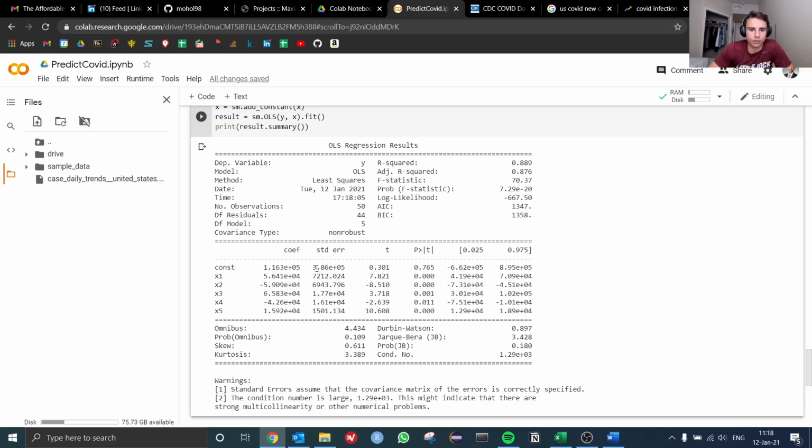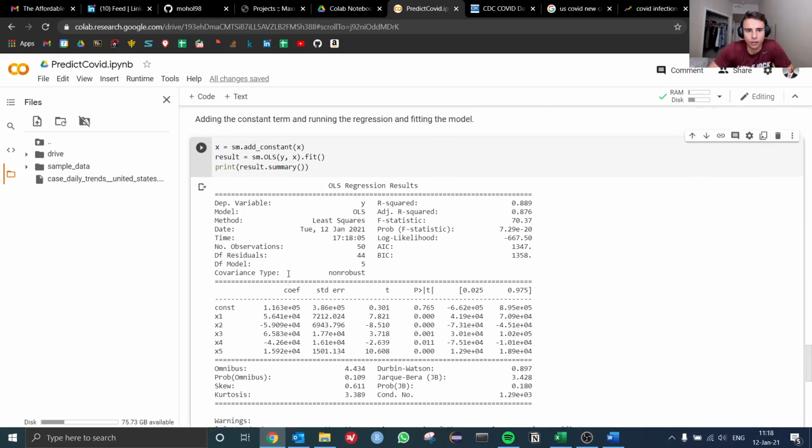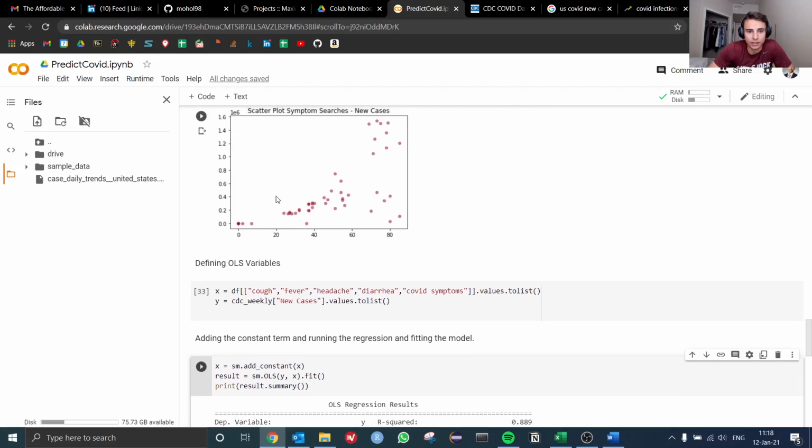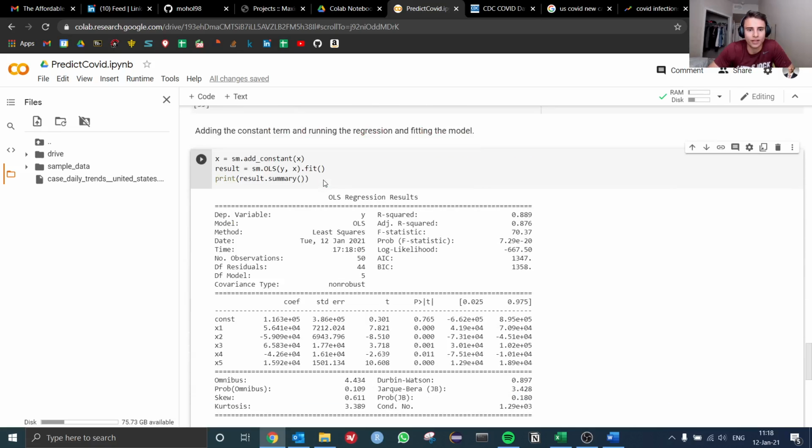But if you take a closer look at the coefficients, you can see that x2 and x4, which is fever and diarrhea, have a negative relationship, an inverse relationship between the Google Trend searches and actual new infections,